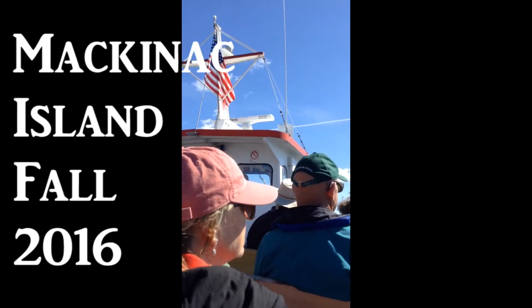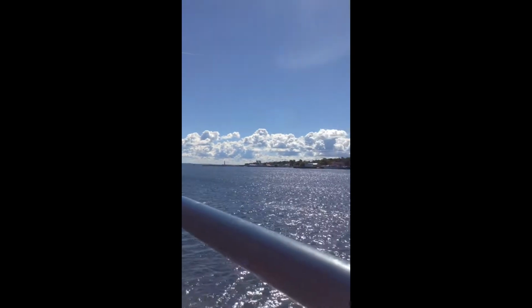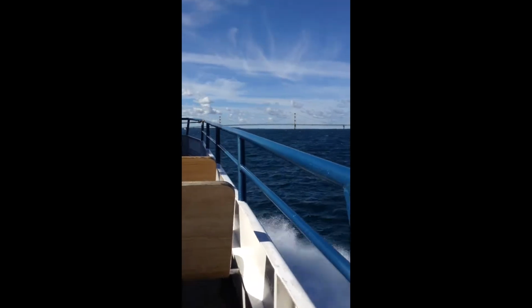Check, please note that there is always a chance for spray. There is no standing while the boat is in motion, but if you do feel the need to move from seat to seat...